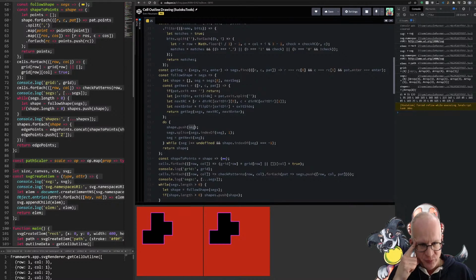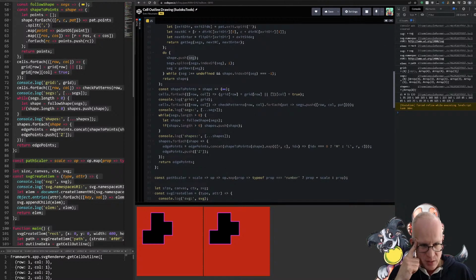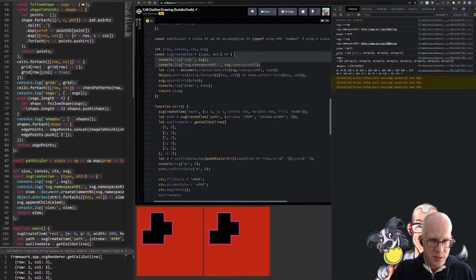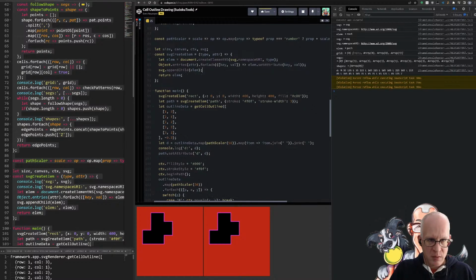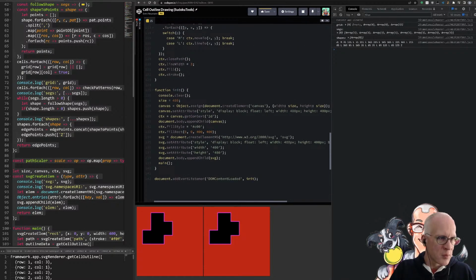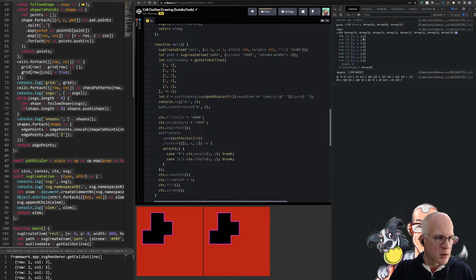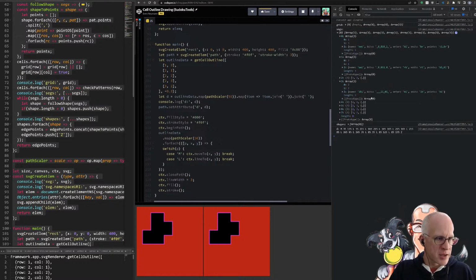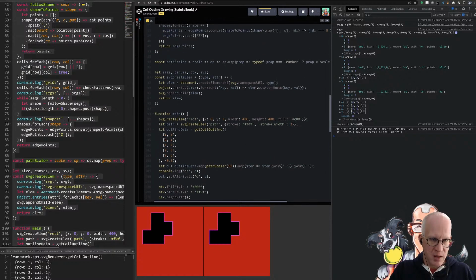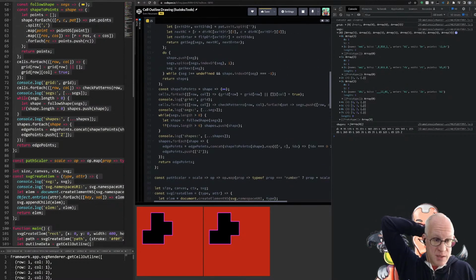So let me think. The shapes are... No, let me think. The segments are our bits here. And let me get rid of all the SVG and canvas malarkey here. Don't need that. Don't need that. Anything else we don't need? Keep the console clean. Okay. So the segments are the individual bits we've pattern matched. Right. So we say, okay, we've got at this R and C value, we have that thing. All right. So then for each segment,